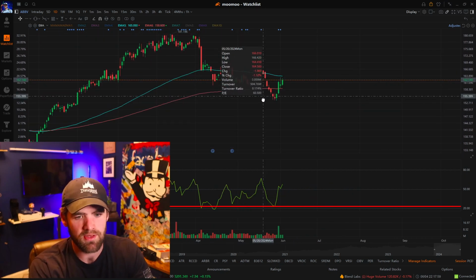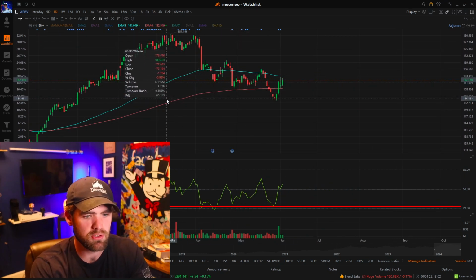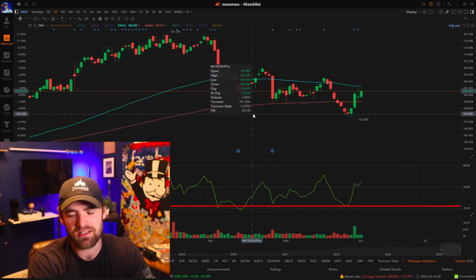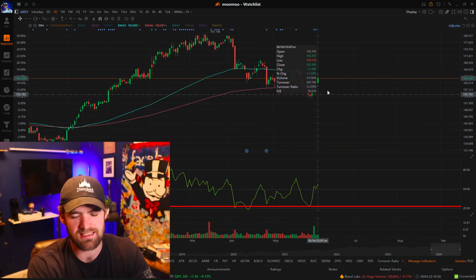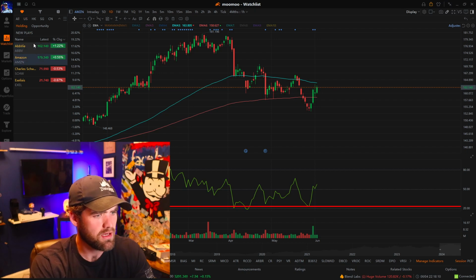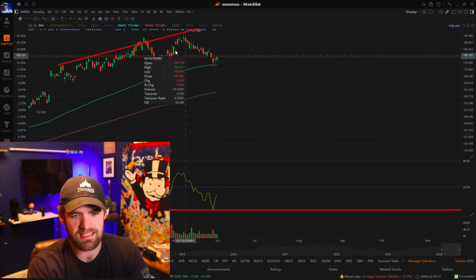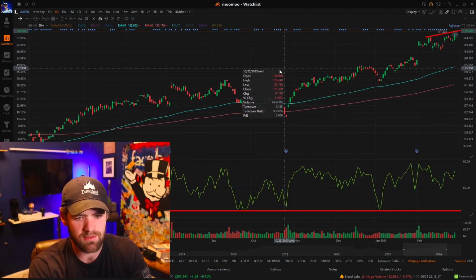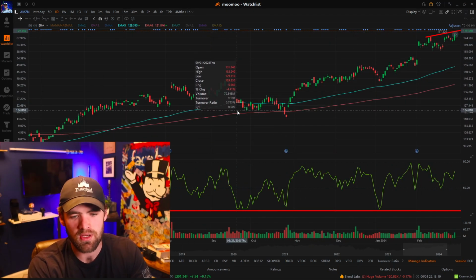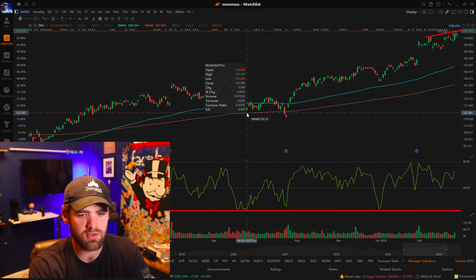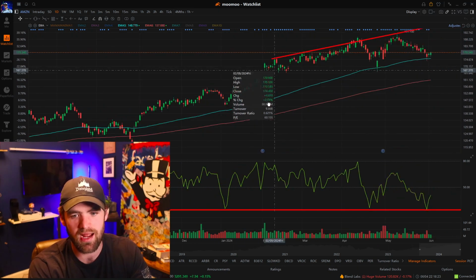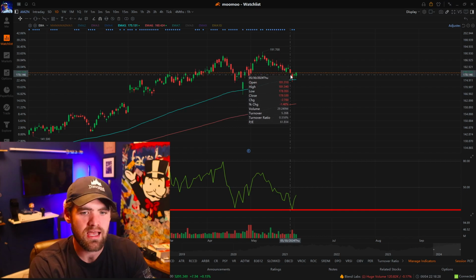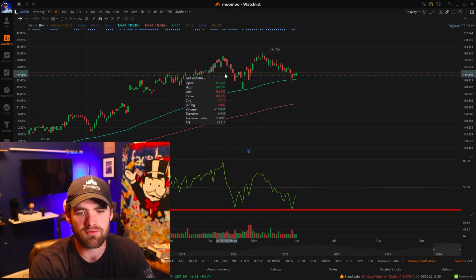On top of that, you guys will notice we have the blue and red lines here. Now, these lines are trend indication as well as support and resistance. This one's not as good as like Amazon, where you guys can see that it hits it in the past and we've gotten good buying pressure there. So you guys can see we have the 90-day, which is the blue, the 200-day, which is the red. You guys can see it hits them several times and we got buying pressure. So as a swing trader, I'm constantly looking for opportunity, and this is a great example of it hitting it,